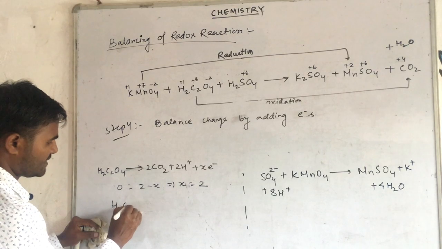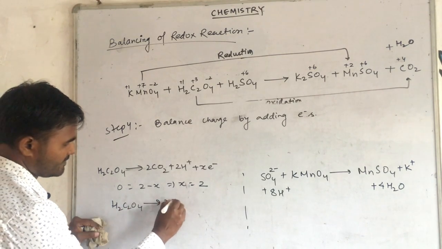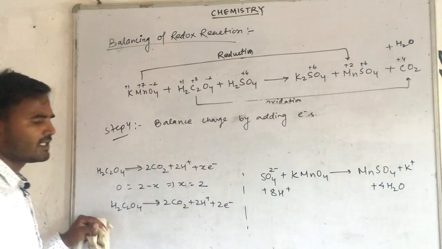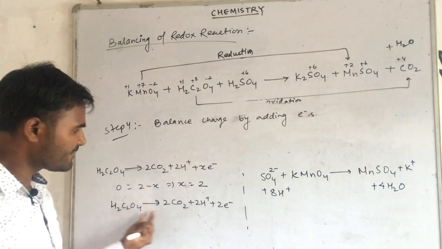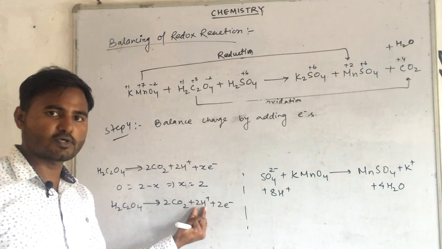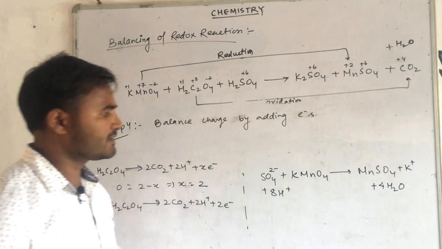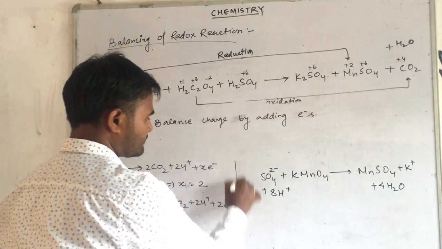so the equation becomes two electrons. और वैसे भी समझ में आता है, देखो यहाँ पर चार्ज 0 है, यहाँ पर 2 पॉजिटिव चार्ज है, तो 2 पॉजिटिव को न्यूट्रल करने के लिए मुझे 2 नेगेटिव चाहिए. Clear? Now come to the reduction half.